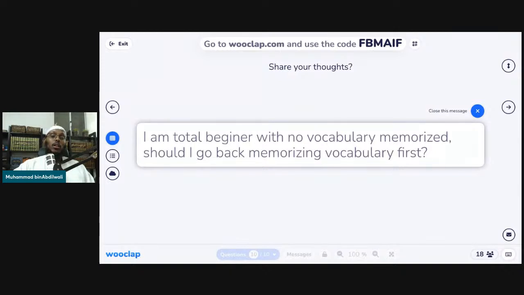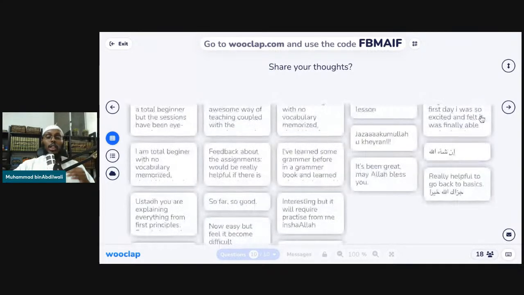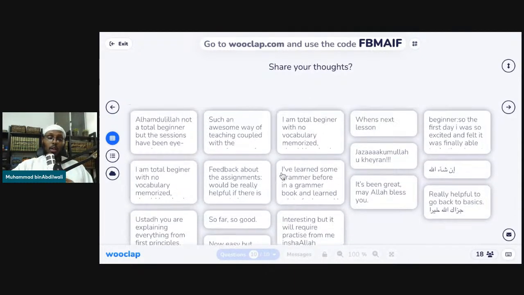And I'm not going to say you have to memorize vocabulary before you can start doing this, because we give the meaning in the hint. That's the reason we give it, because people might know the word meaning, maybe they don't. We want to be sure that grammar practice is focusing on grammar, not vocabulary. That's why we give you the English meanings in the hint. You click on the hint, you'll see it. But again, yes, it is important that you memorize some vocabulary. So as you go along, try and memorize some vocabulary as well, inshallah ta'ala.